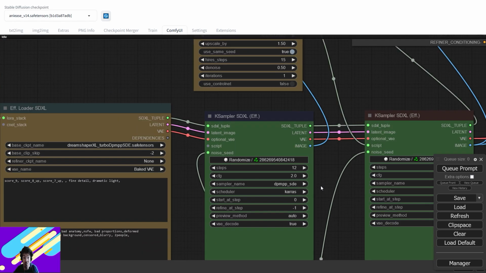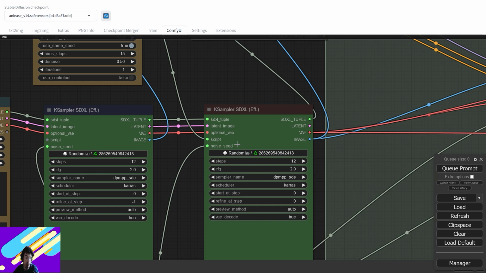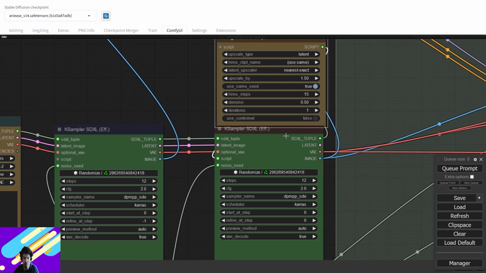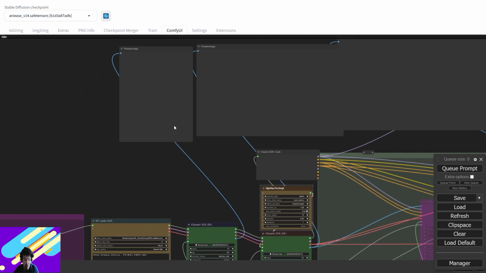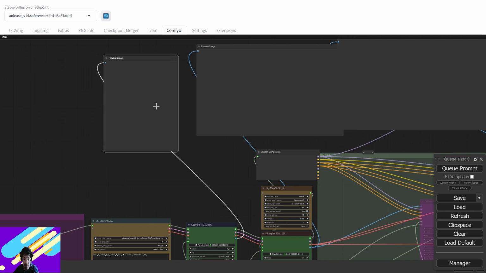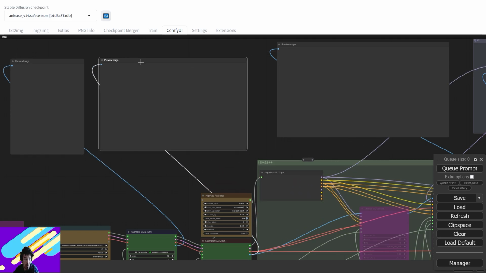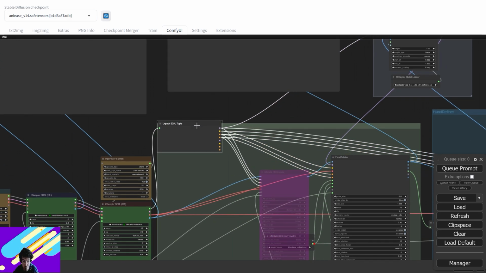workflow. In fact, for the first sampler, I'm using just 12 steps and a CFG of 2. DPM++ with Karras for the sampler scheduler. The same for the second KSampler with the Hires Fix. This Hires Fix is with default values, I think. Now, this generation will produce a preview right there. The second generation with the Hires Fix produces a second preview, and after this we are going to see something